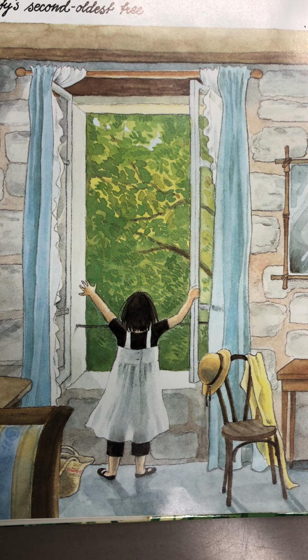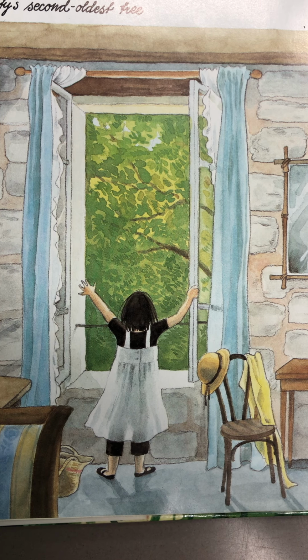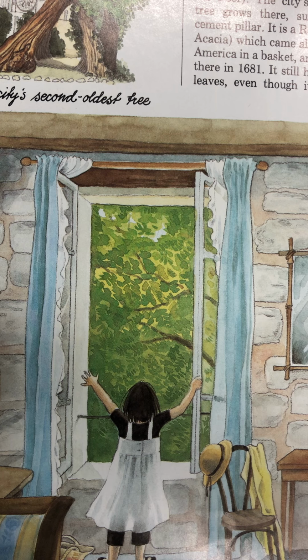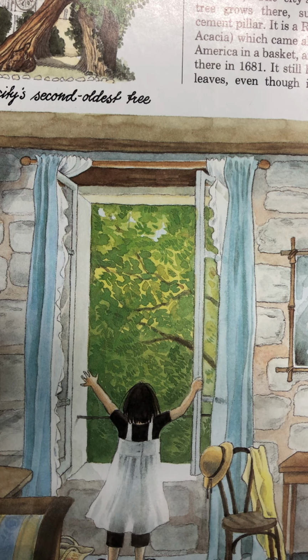In the front of the hotel is a park, which belongs to the church of Saint Julien Pauvre, which means Saint Julius the Poor. The city's second oldest tree grows there, supported by a cement pillar. It is a robinia, or false acacia, which came all the way from America in a basket and was planted there in 1681. It still has fresh green leaves, even though it's more than 300 years old. I couldn't reach up to them, so I took a leaf from another tree in the park to press in